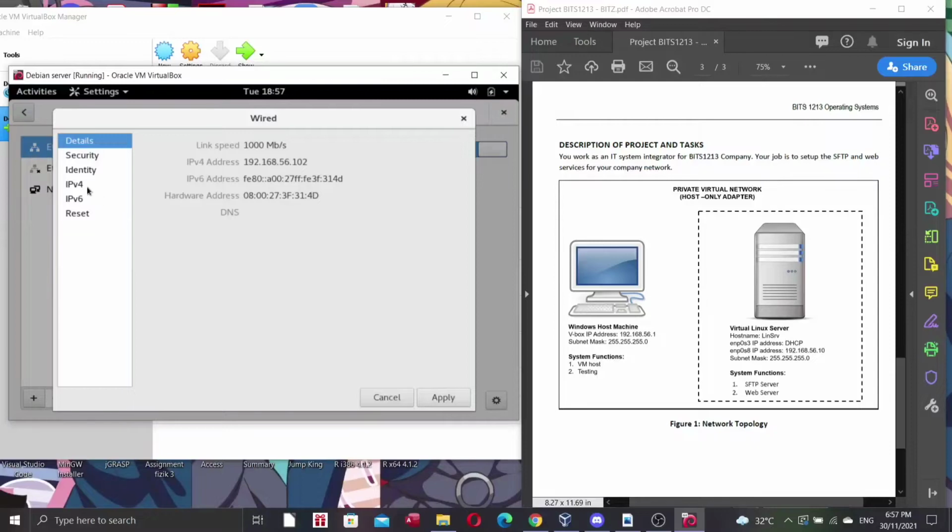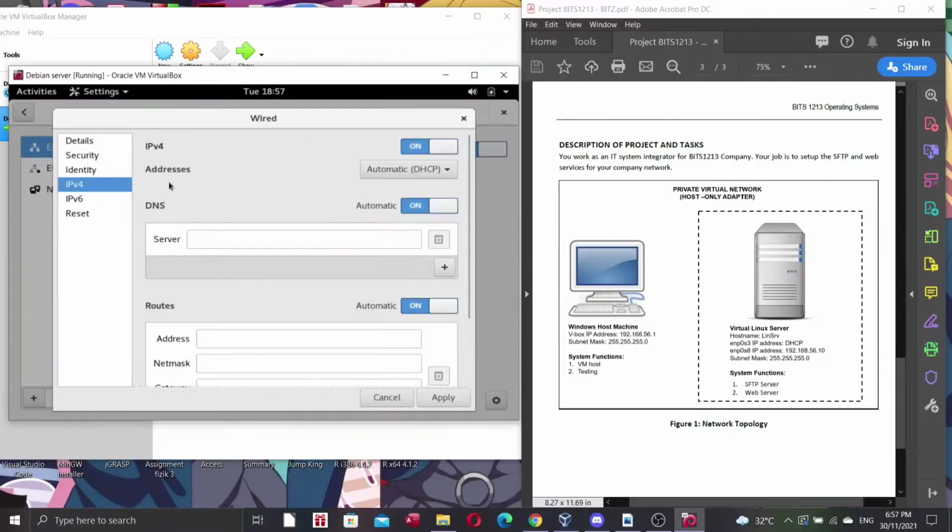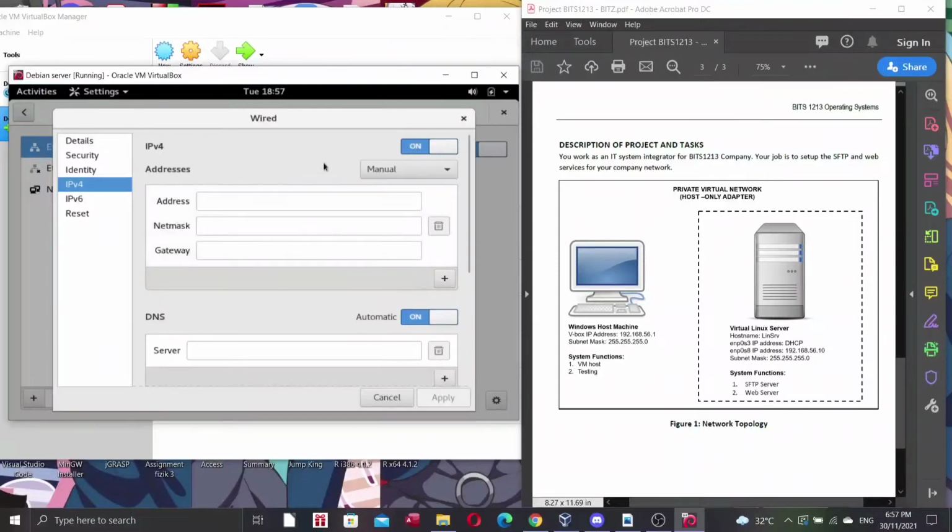After that, choose IPv4 and then for the address, choose Manual. For the address, you need to put our server address, that is 192.168.56.10. Then put its netmask, that is 255.255.255.0.